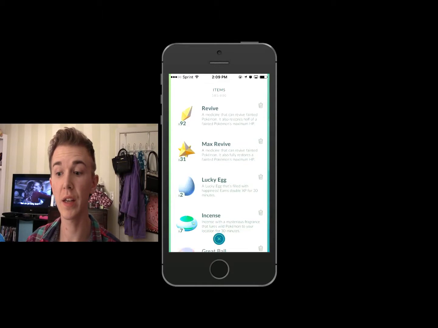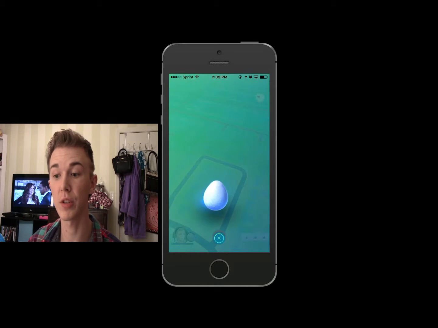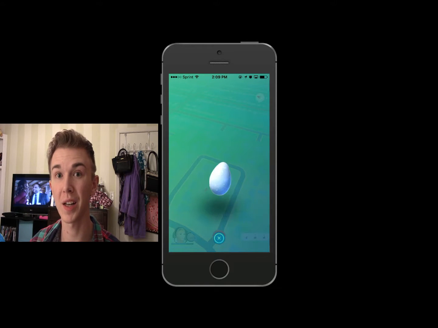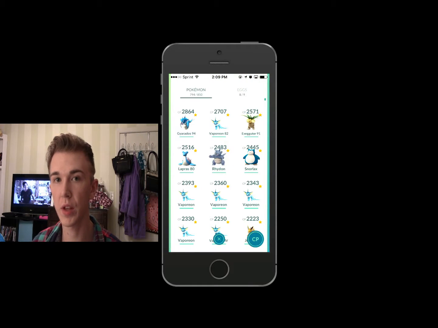Drop a lucky egg, and then I'll start my batch evolution here. Like I said, that'll hopefully put me to level 32. Might take a little while. I might end up having to use both the lucky eggs that you saw in my inventory there. And here we go, starting the batch evolution. But I think I'm going to show